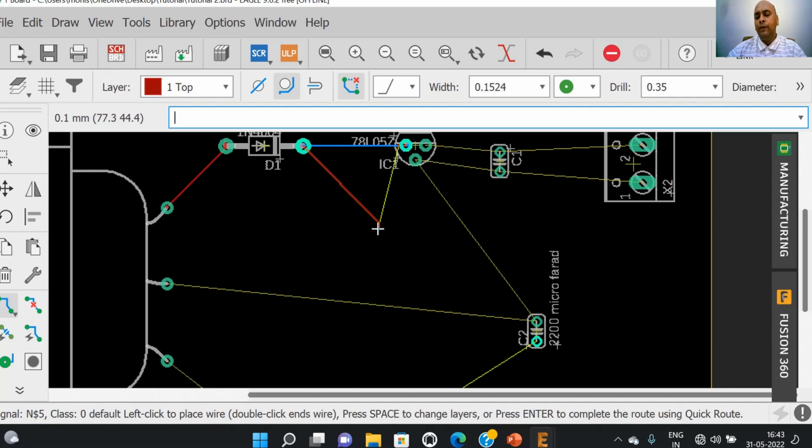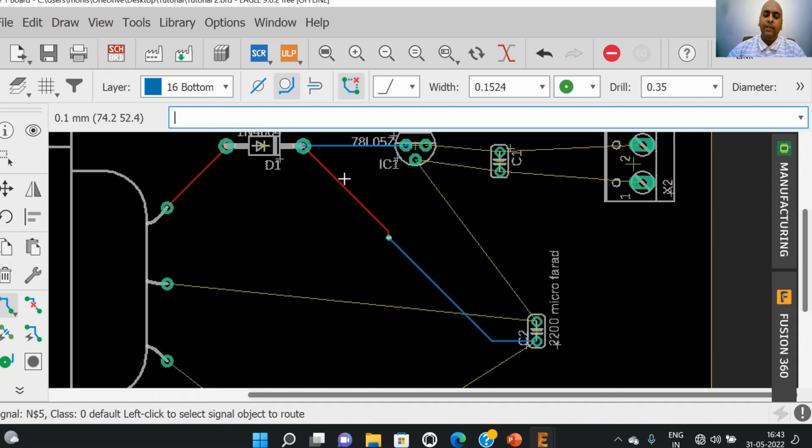In order to shift the layer, we press the middle button of the mouse and then press the left button of the mouse and start the trace again. So this is how we can draw trace on two layers by using mouse.